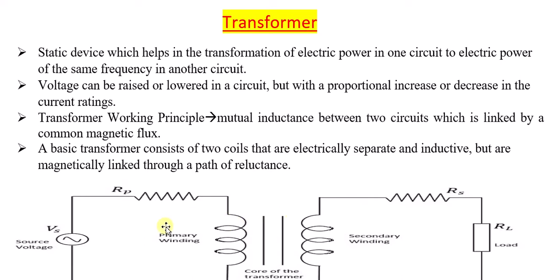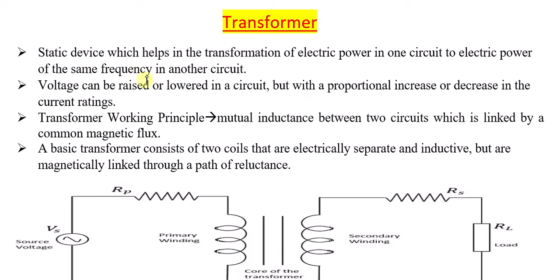Let us quickly consider this particular circuit diagram which I am highlighting now. This is circuit 1, this is circuit 2. Suppose I want to transform electric power from this circuit to this circuit, what do I have to use? A transformer. The condition being that both will be of the same frequency; there will be no change in frequency. If I want to transfer the electric power from this circuit to this circuit, it can be done with the help of a transformer, but the frequency remains the same.